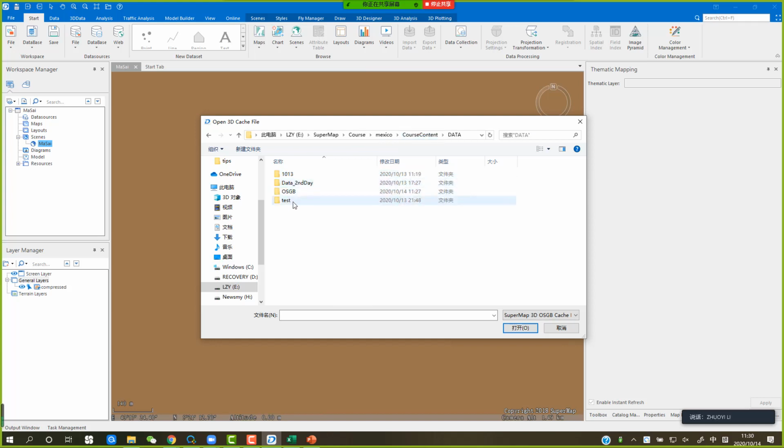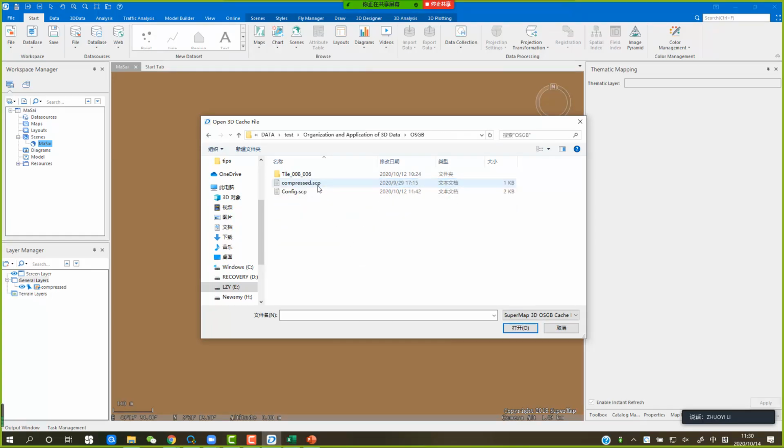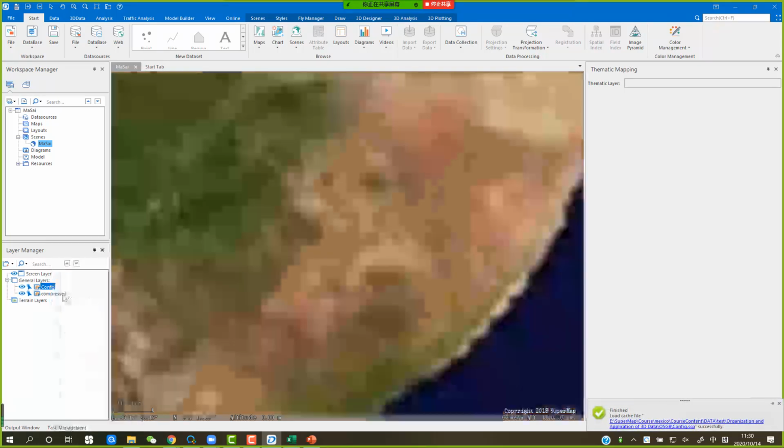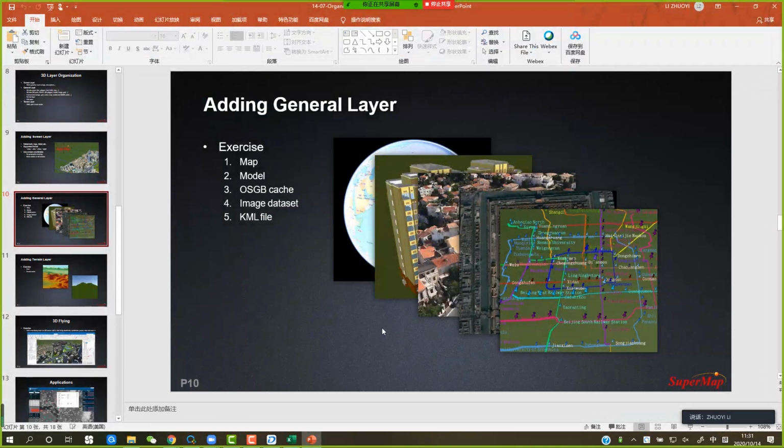Okay, data test. That's the folder I tested yesterday, and organization OSGB, and we can add the config to see. Zoom to layer. Okay, I don't know why. So this step I will introduce to you the next day. Okay, tomorrow I will give you some